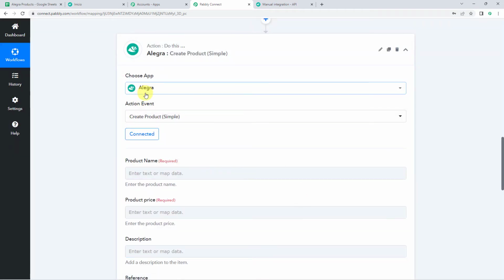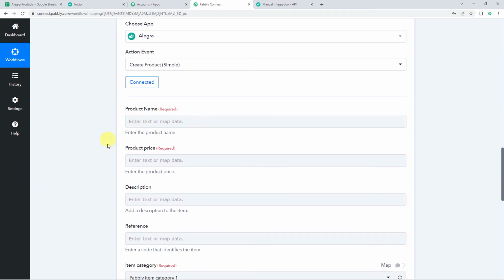And now here we can see that the Alegra account is connected to Pabbly Connect just because I was already logged into my Alegra account. So make sure before creating a connection, we are logged into your Alegra account. Okay. Now here we have to select the product name, its price, description and other details that we have already